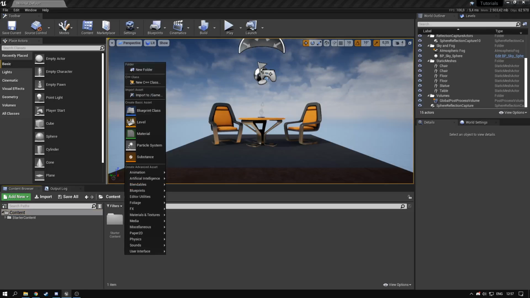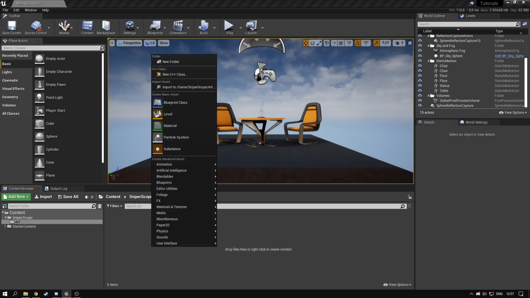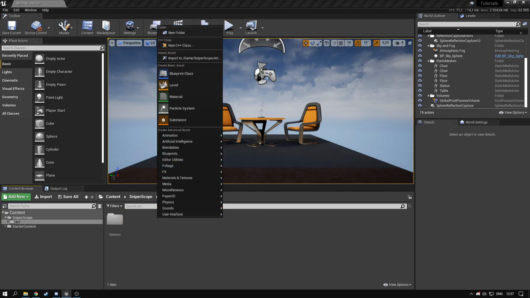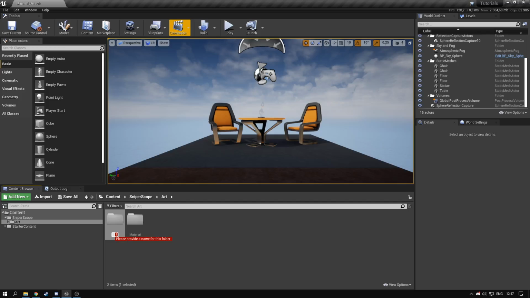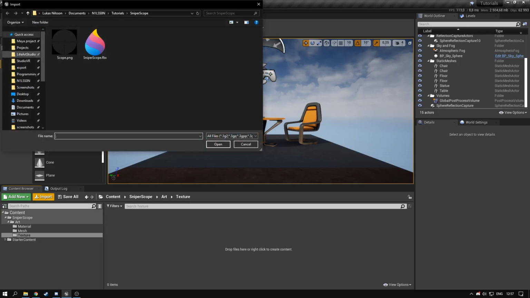So let's start by adding a new folder. I'm gonna call it sniper scope. Then I'm gonna create a folder for art, and it's gonna be material and mesh and texture. So in texture, I'm gonna import